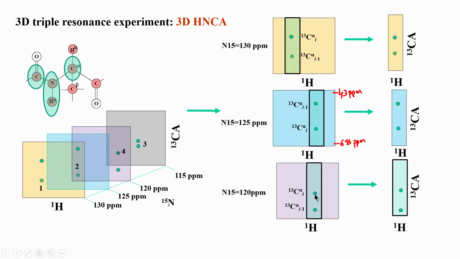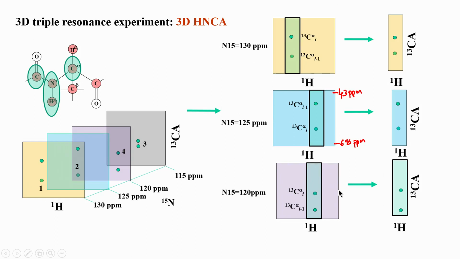Similarly, if you look at another example from the same spectrum, I have again shown 3 out of the 4 slices because of the space restriction problem. If you look at this slice which is taken at 120 ppm, for a given amide proton chemical shift value, I am getting again 2 peaks, and one corresponds to I, another corresponds to I minus 1. So, these are the same 2 peaks which are shown in the strip format. This is the slice format, this is the strip format.